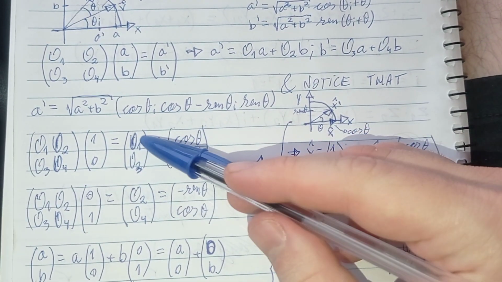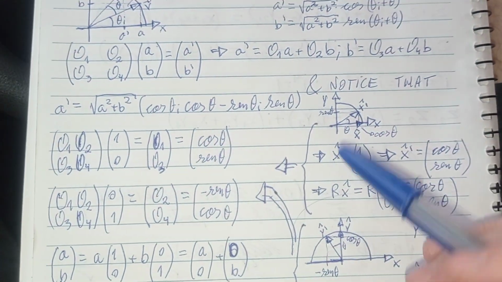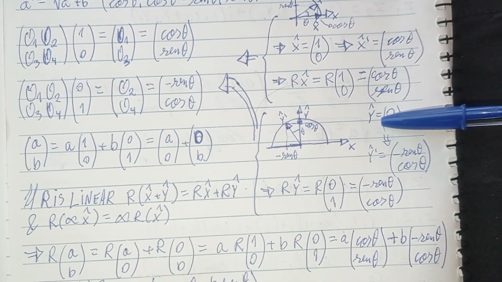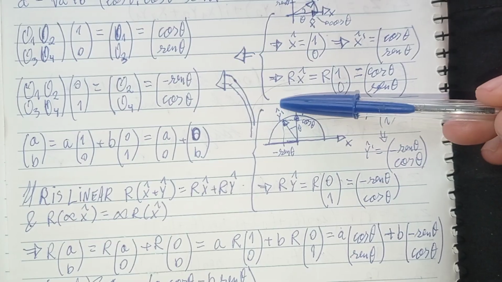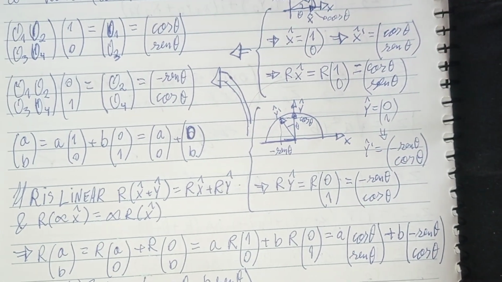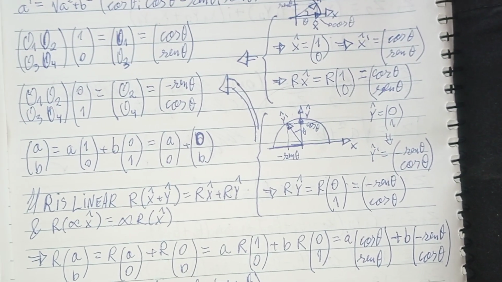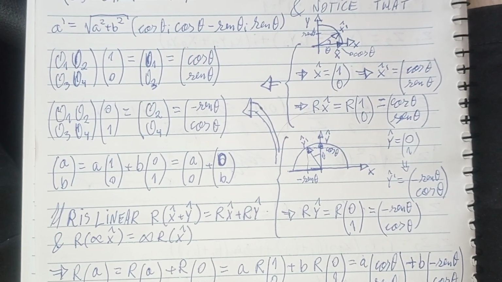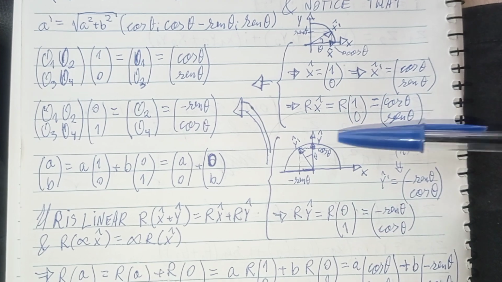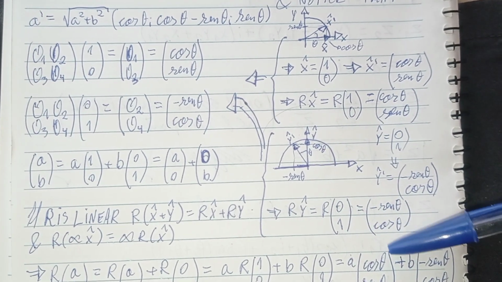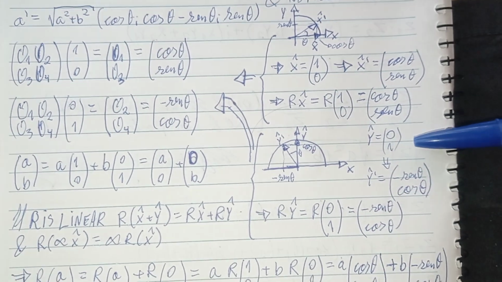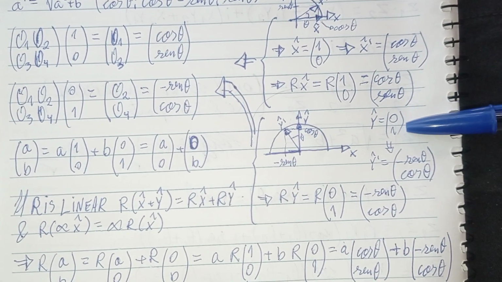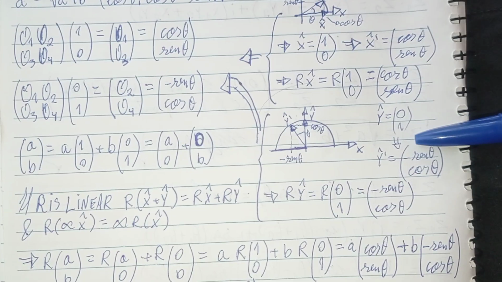This gives us the value of O1 and O3 incidentally. And doing the same for y gives us that y prime hat is going to be rotated by theta as well. We chose those vectors x prime hat and y prime hat to be orthogonal so that we can do this way. And y hat, pardon me, is going to be the vector 0, 1, which is going to be